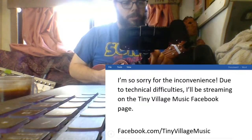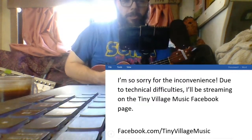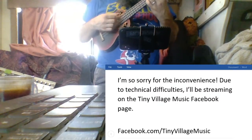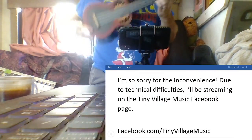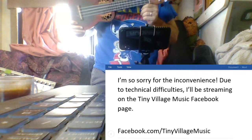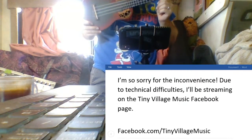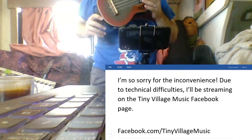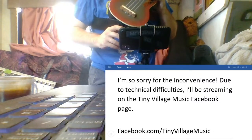I'm going to switch over to the other camera here. This ukulele here is probably the most desperate for new strings of all my ukuleles right now, and maybe I'll string this one. The reason I don't want to do that right away is because this is